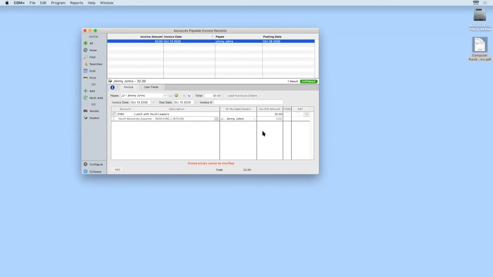Now, another thing about credit card invoices is that we've added the ability that once it's posted, you'll be able to see the actual vendor that, or let's say it's a vendor code, but you'll actually see the credit card that was used because its vendor code will be at the beginning of the description. Let me show you by going over into